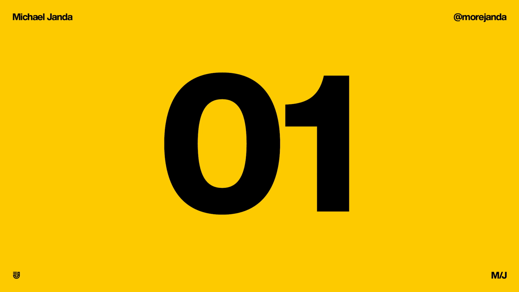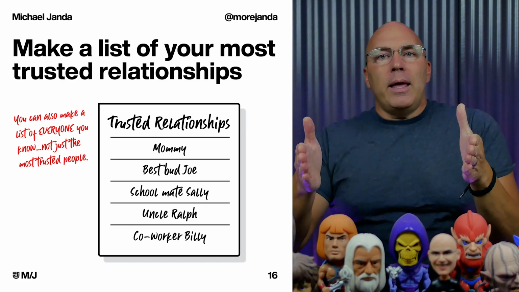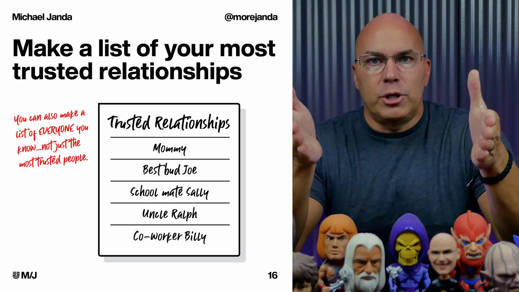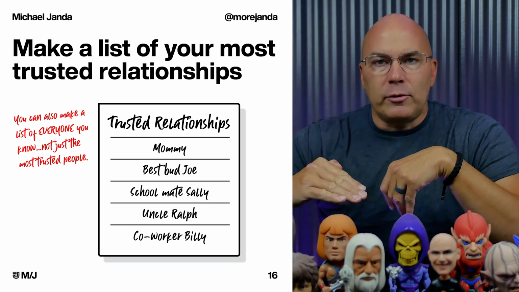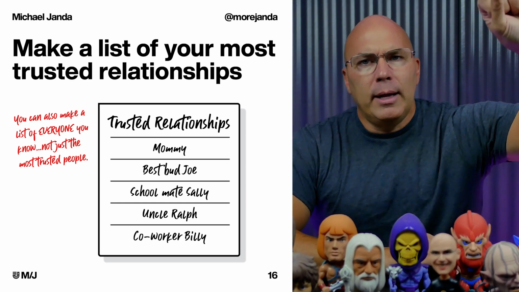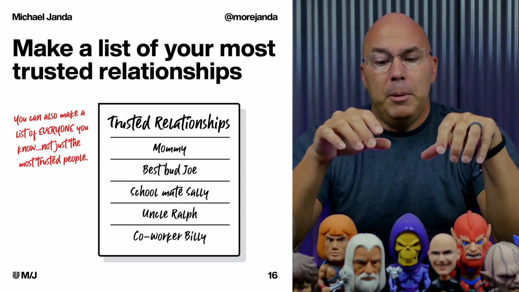We're going to find that first client using this little breakdown of actions that I'm going to give you right now. Step 1, make a list of your most trusted relationships. The people who know you, like you, trust you already. Make a list of all those people. Put them in a spreadsheet. Get out a spreadsheet and start listing down all those people. Oh, it's my girlfriend Sally, and it's my mom, and it's my Uncle Ralph, and it's my favorite classmate from uni. It's my favorite coworker at my job I'm already in right now. It's somebody you already know who likes you and trusts you.